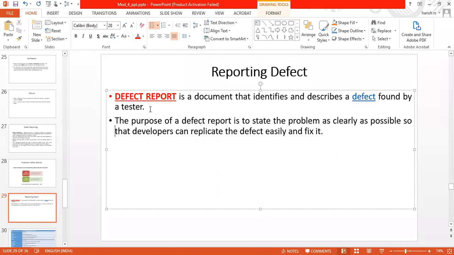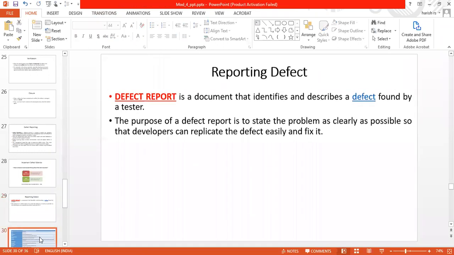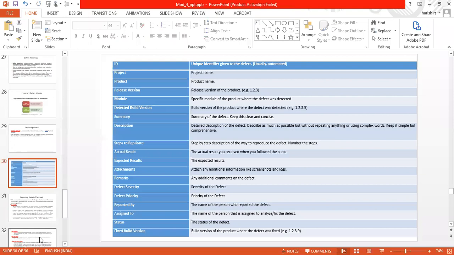Generally the report looks like this. One example format of a report. Maybe it's too packed, but this is the report. For every stage, you will have a unique ID, project name, project ID, product name, product ID, and version of release.